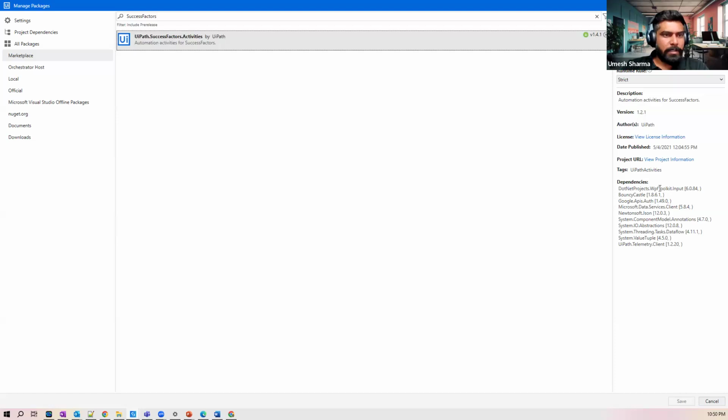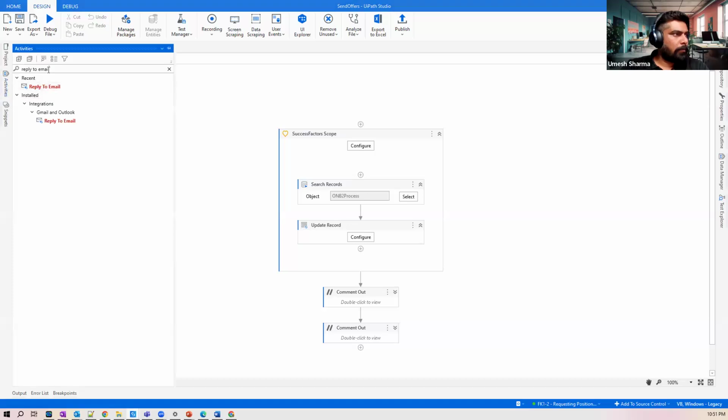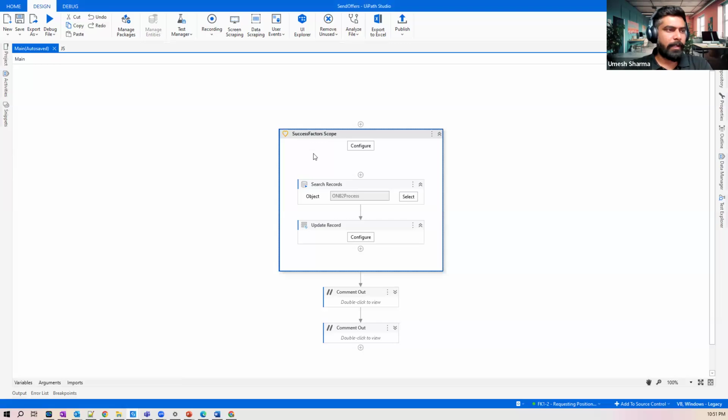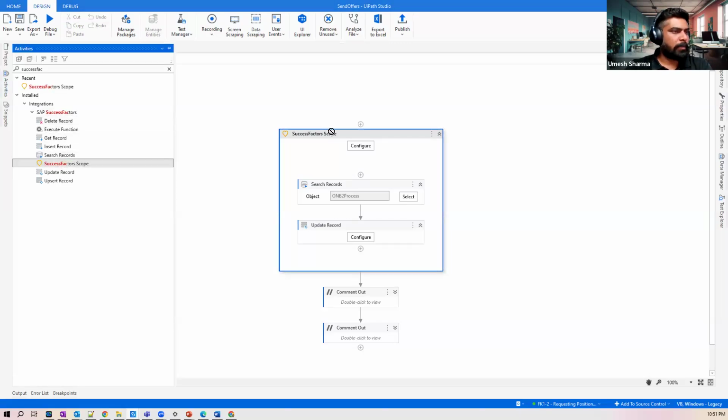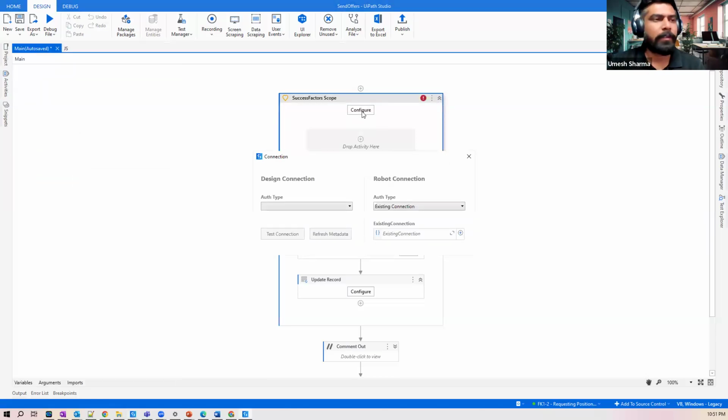This is from the UiPath official channel. Once you install and update this, you will have this under the integration part. And this is where you can see we have these activities available once we install this. In order to use this, we need to have a SuccessFactors scope already defined. So if I simply drag and drop the SuccessFactors scope here,